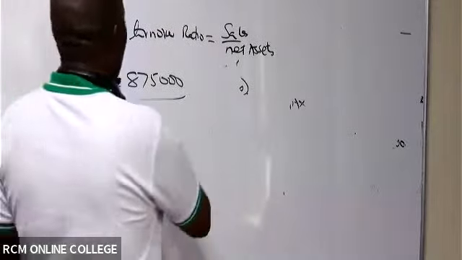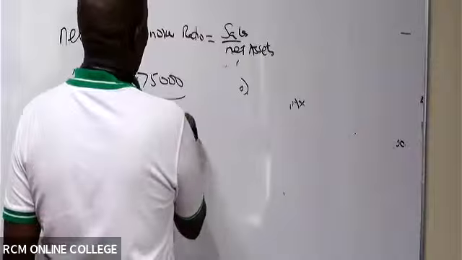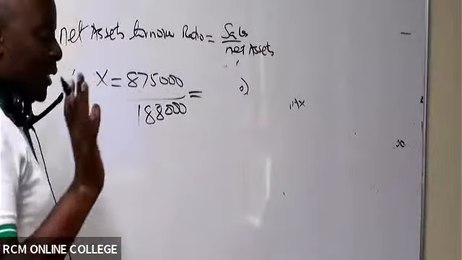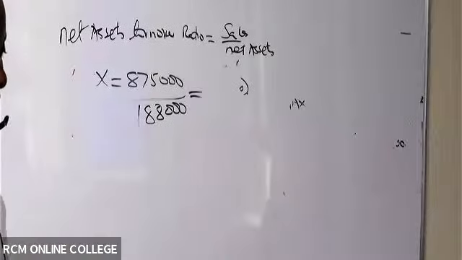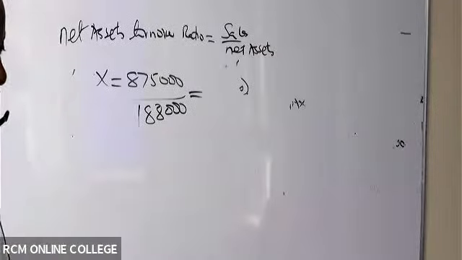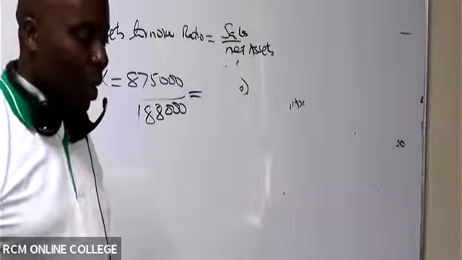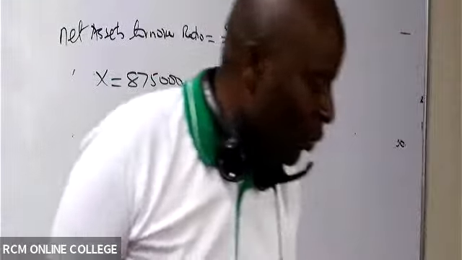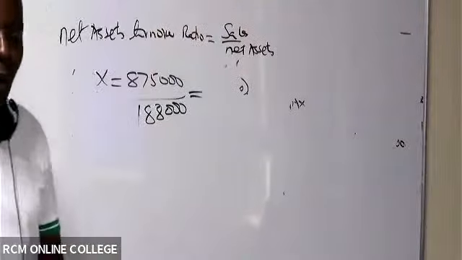Same as capital employed. I simply wanted to show you how to do this using just one example, and that will be it. How many times? Of course, they will not be the same because here we are covering net assets. The other one we were covering total assets. Just in case the examiner speaks to each one of them, it will be easy for you to relate. And you don't start crying outside here like you're coming from an exam room, having been hit by a bomb,